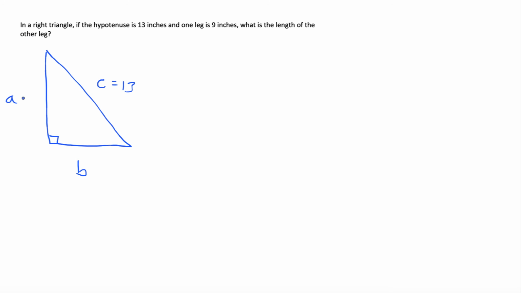Now, once again, it doesn't matter which one we call 9. In this case, I'll just do B, right? You could have said that A is equal to 9, but then we would find B, which is the other length. It doesn't really matter, okay? The reason why I do label them, though, is because we want to use the Pythagorean theorem in order to solve this, right? So whenever you're dealing with right triangles,